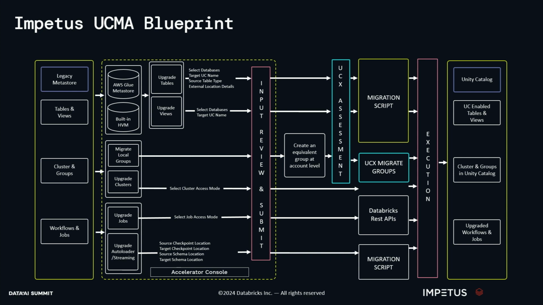How do I upgrade my cluster? That is when I'm actually using, say, Scala 2.0 or Spark 11, 12, right? So most of the times, what we have seen is people are running older DBRs, Databricks runtimes. So migrating to UCX is not just about migrating the catalog, but also upgrading your cluster and your